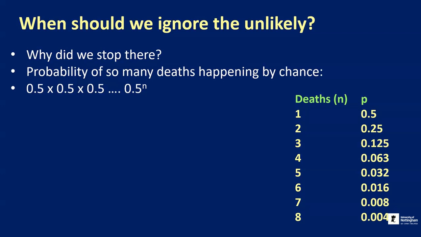What we can ask is, well, what is the probability of that many deaths happening by chance if the poultice has no beneficial effect? So if the poultice doesn't reduce your chance of death, then your chance of death would be the background probability of 50% or 0.5, ignoring for the time being that it could actually make things worse. If the background probability of death is remaining the same in the trial, then we'd expect 50% of the people that we saw at the end of the trial to have survived and